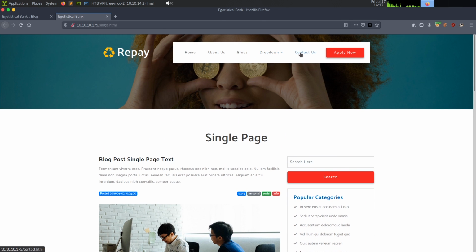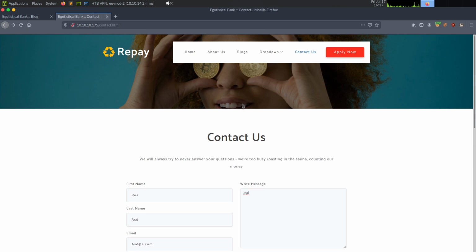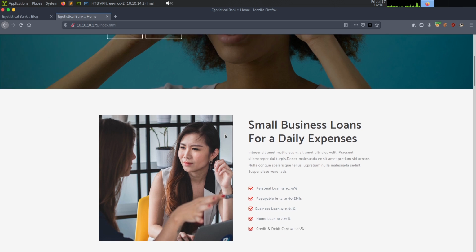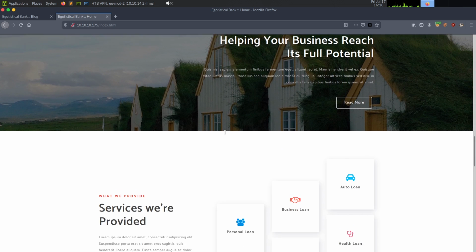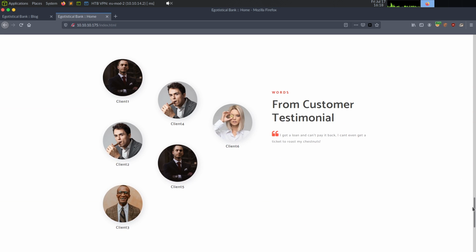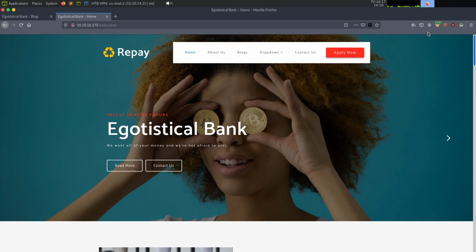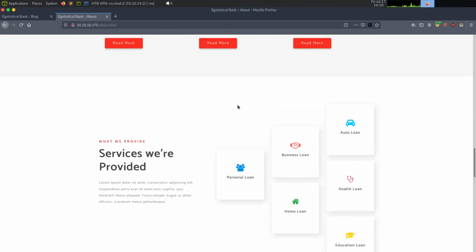We could run CeWL, which is going to gather a word list based upon the web page. I bet if we just do anything here, it's going to go to invalid verb. Invalid verb, so nothing there. So we could run CeWL and grab information off this, but if we had a password list, we don't really know an account yet. So let's see if we can find usernames on a page. So maybe the About Us page. And we have